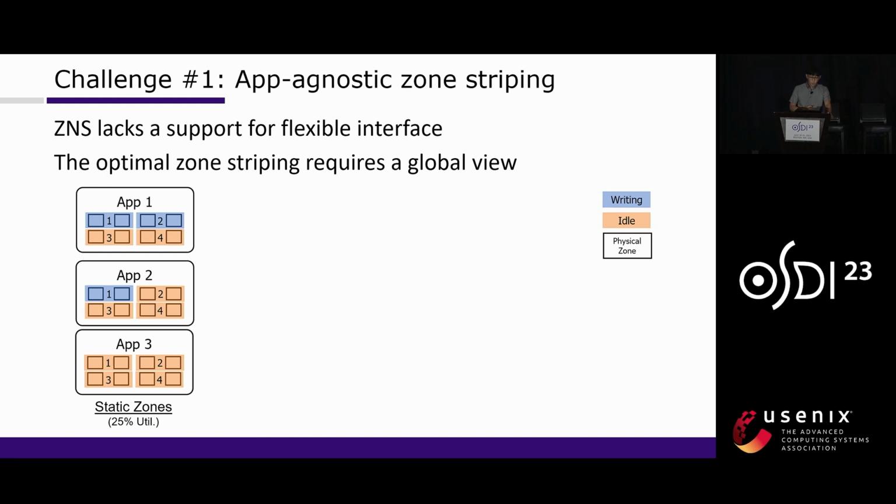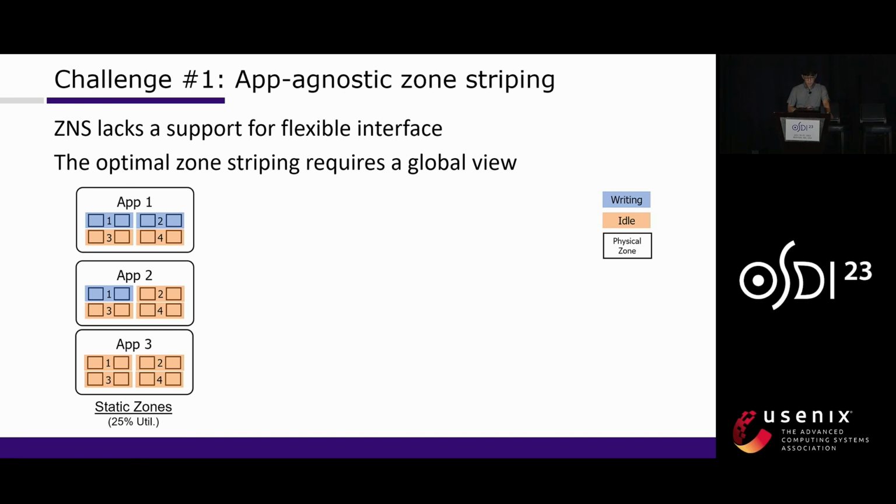On the left side, we have a static configuration where physical active resources are equally distributed, each creating 4 logical zones of the same striping width of 2. Note that each logical zone needs to reserve at least one physical active zone, regardless of the current state, to serve user writes at any time. As application 1 and 2 actively write to 2 and 1 logical zones, respectively, the overall device utilization remains at